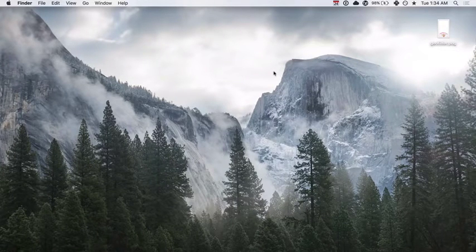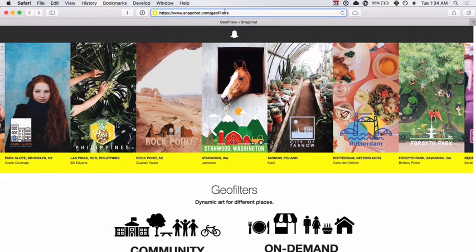SnapchatFilterDesign.com, and I'm here with a little video on how to submit an on-demand geofilter through Snapchat's website. So what you're going to want to do is have your geofilter ready, and it should be a 1080 by 1920 pixel geofilter with a transparent background saved as a PNG. And so once you have that, go over to Snapchat's website at